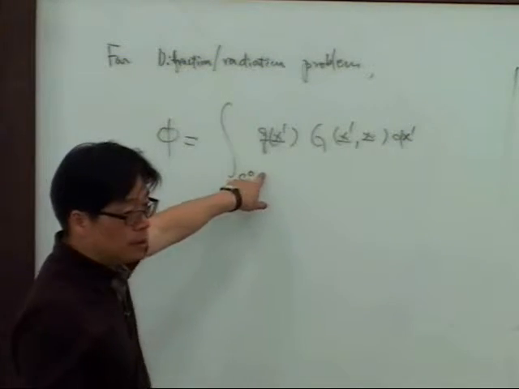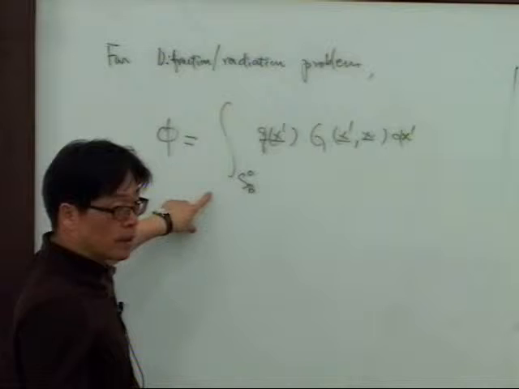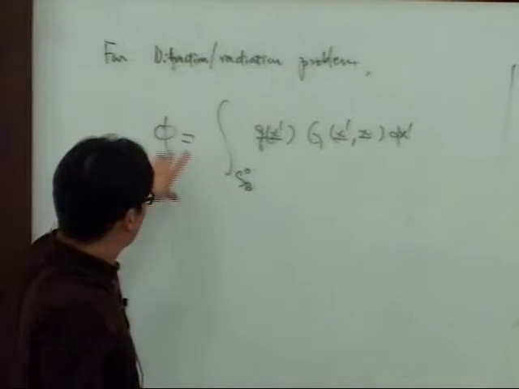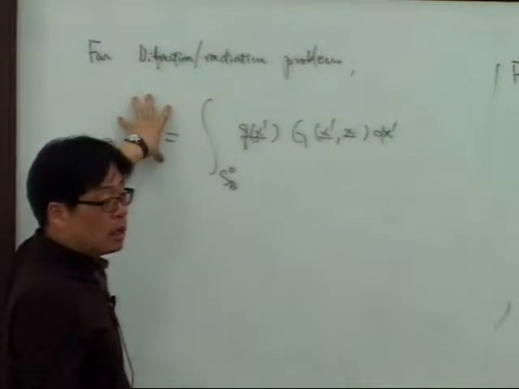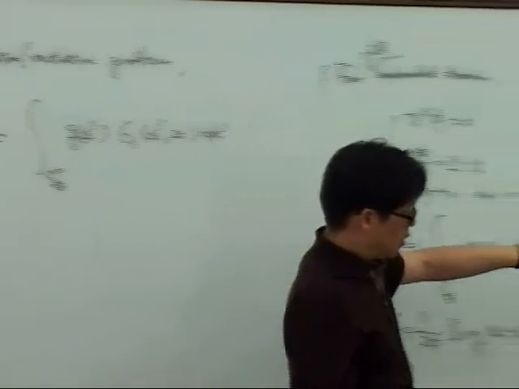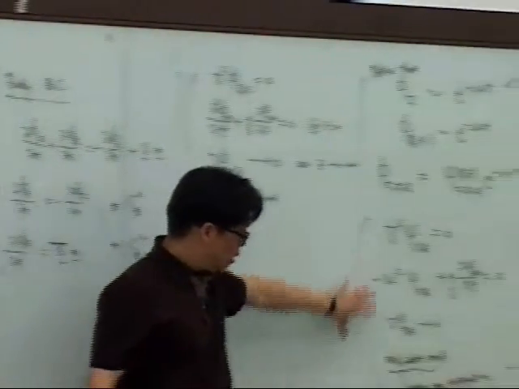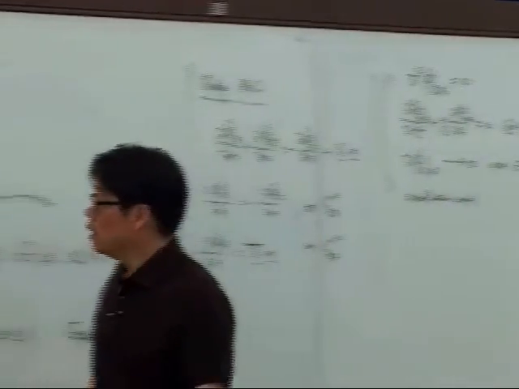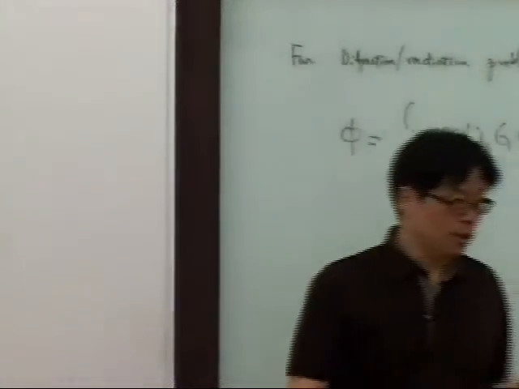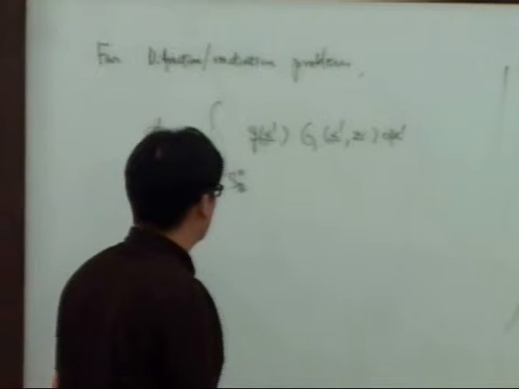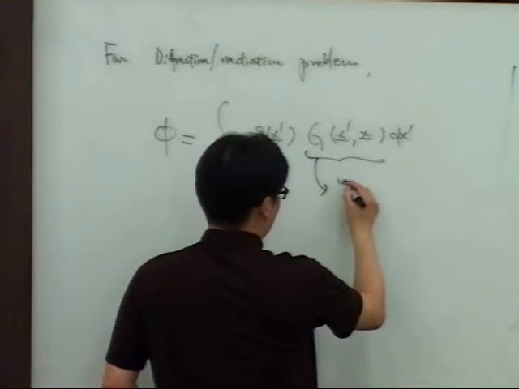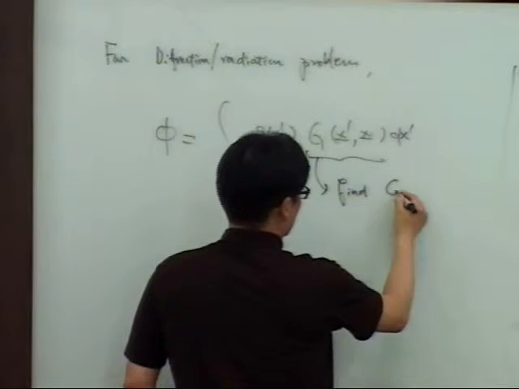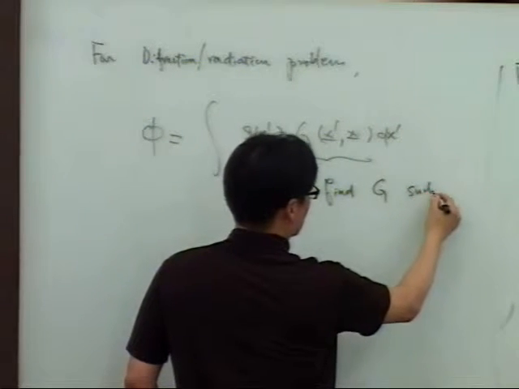This time the mean position. Okay. And I want to make this velocity potential satisfy this whole thing, except the body boundary condition. Okay. So this guy G, we will find G such that